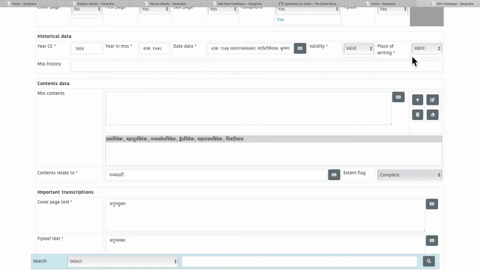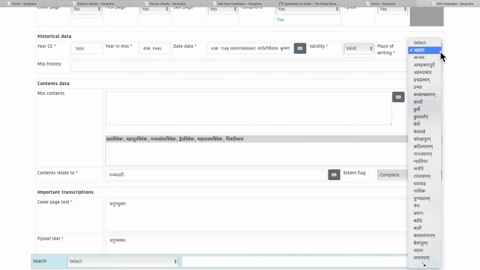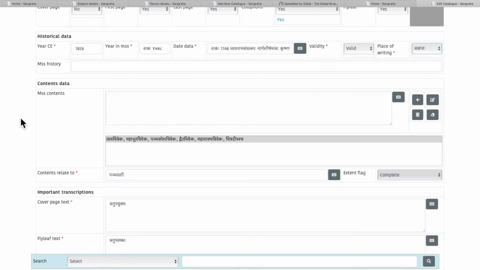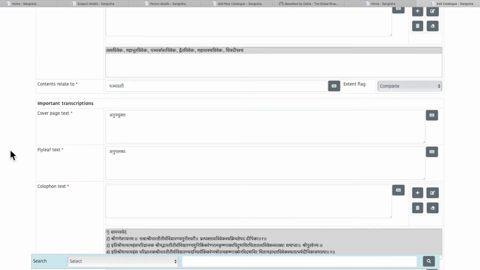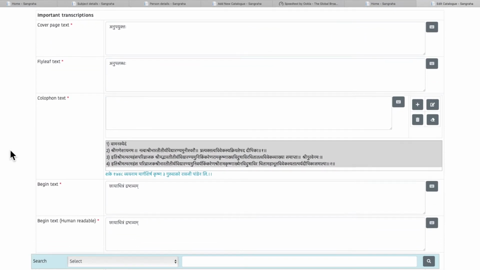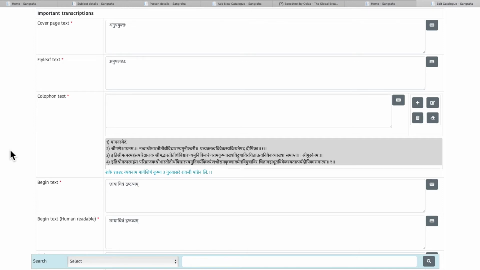As the scribe did not mention the place of writing, I choose unknown from the drop-down box. Since the manuscript has only 6 out of 15 chapters of Panchadashi, I type the names of the chapters available in the manuscript here. The last set of entries are transcriptions of important pages.